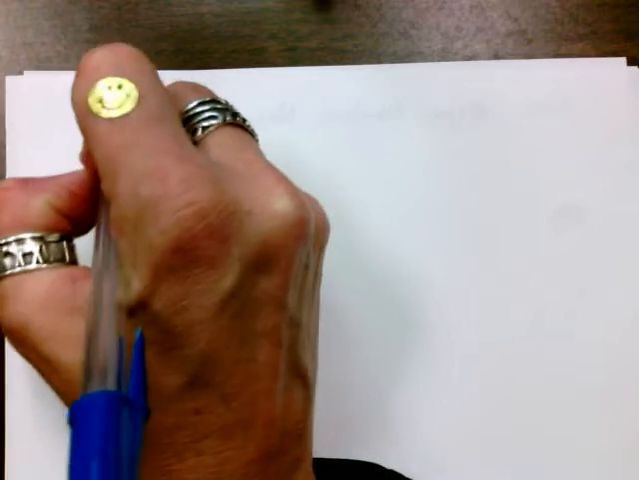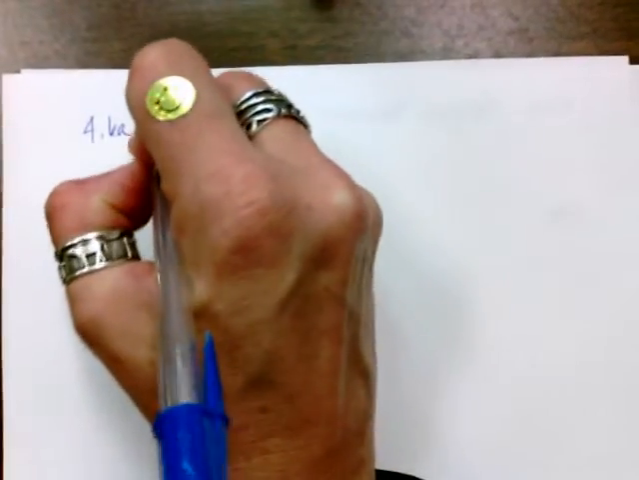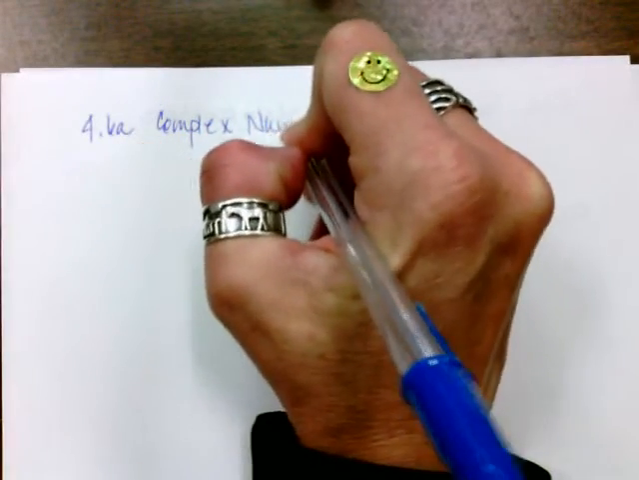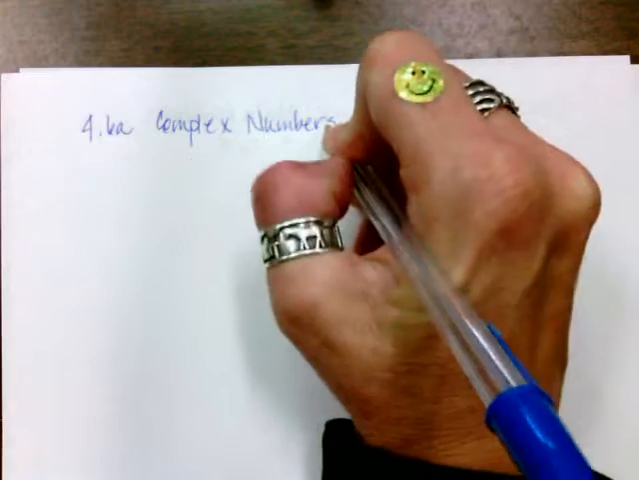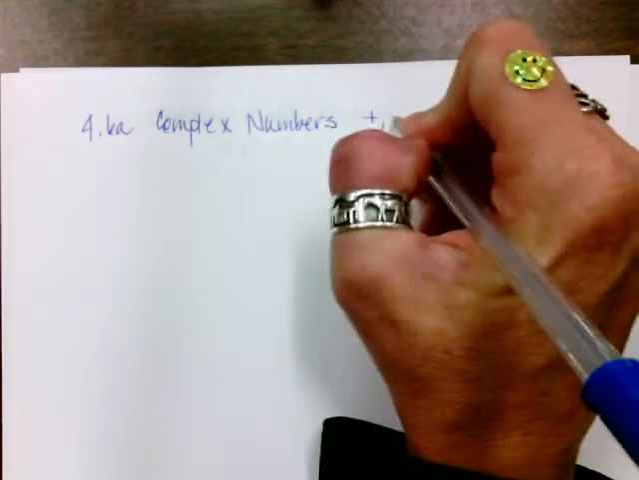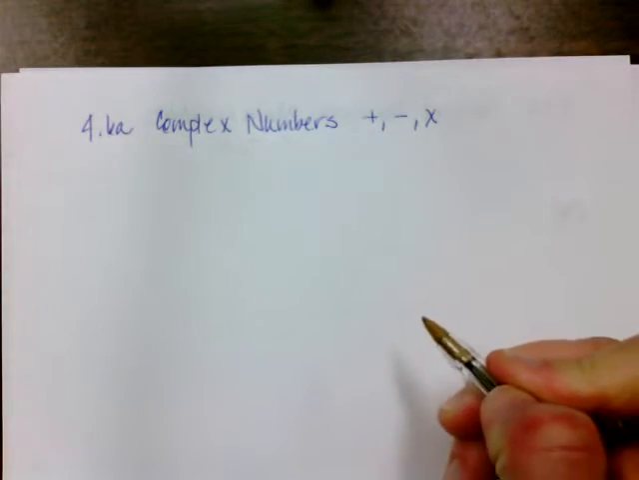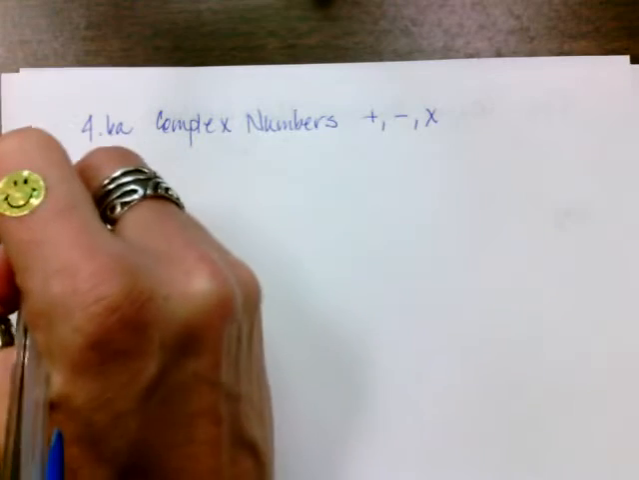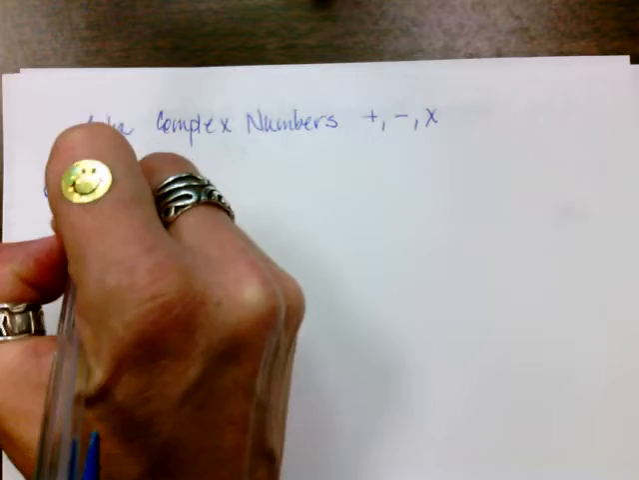We are going to do the first half of section 4.6 today. We are going to talk about a new topic for you guys, complex numbers. And we are going to do some math on our complex numbers. We are going to add, subtract, and multiply. So our objectives for the day,